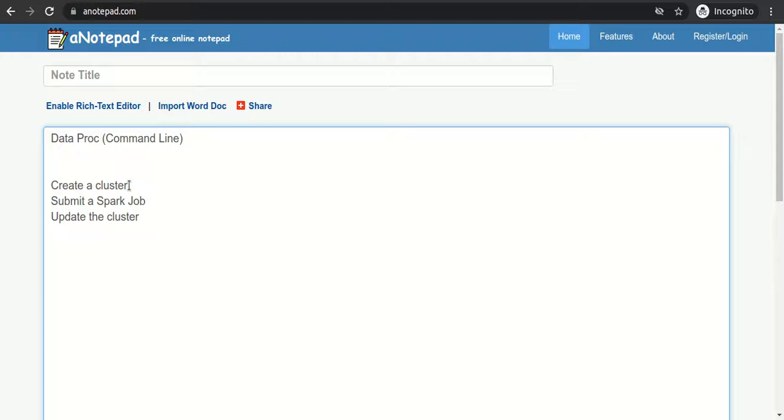When we create a cluster, by default it is created with one master node and two worker nodes. So we will see whether we can update it to one master and four worker nodes. We will see the command as well.